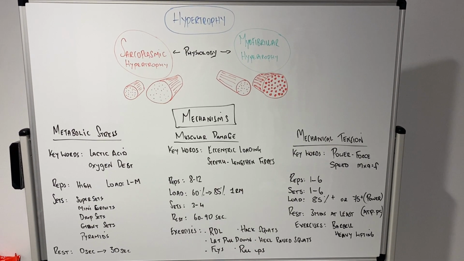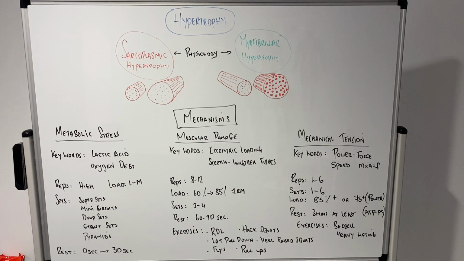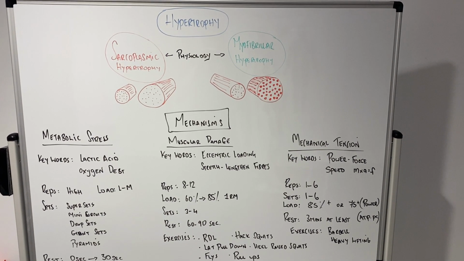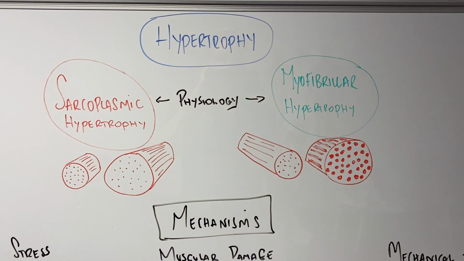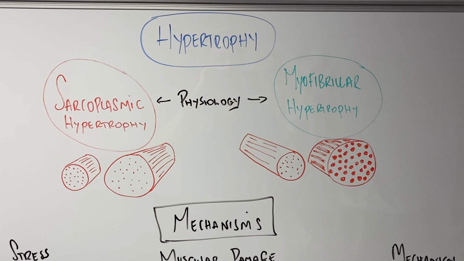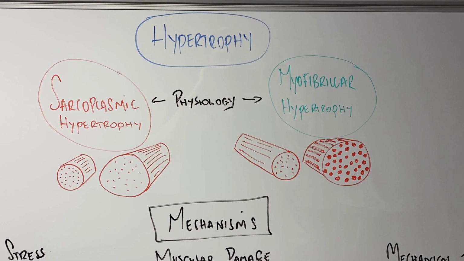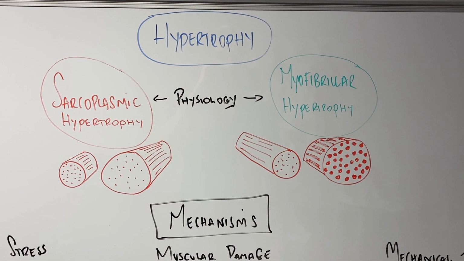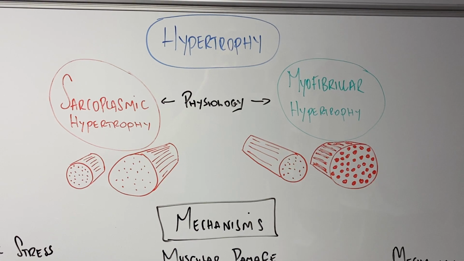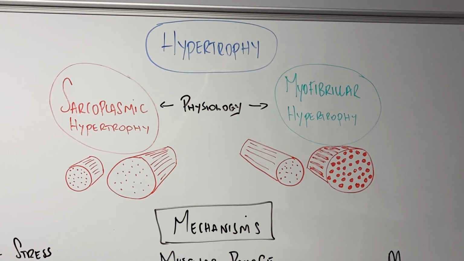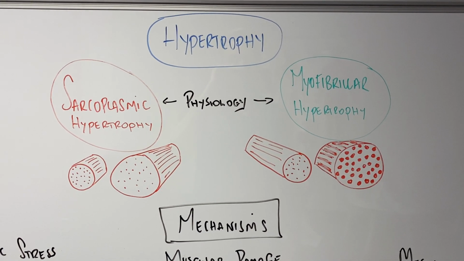Okay, so we're going to have a look at the principles of hypertrophy or muscle growth. So if we zoom in a little bit here, looking at two physiological principles of hypertrophy or muscle growth. So what's actually happening in the muscle? They both grow the muscle diameter, so the actual circumference of the muscle, but it's happening in two very